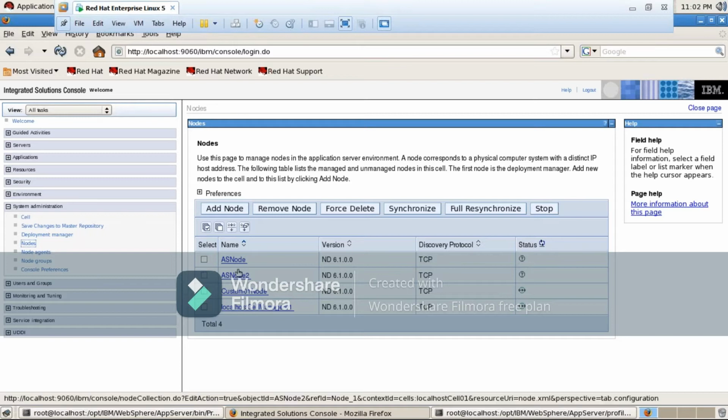So the agents of this are going to be the replicas of those nodes. Okay. Before federation, those nodes are standalone nodes, sorry, we are going to call them unmanaged nodes. Once those nodes are federated with DMGR, these nodes become managed nodes, and a Java process called node agent will be created in these nodes, which is a mediator between these nodes and DMGR. So now these nodes will become replicas of node agents. Okay, so node agent should be running.